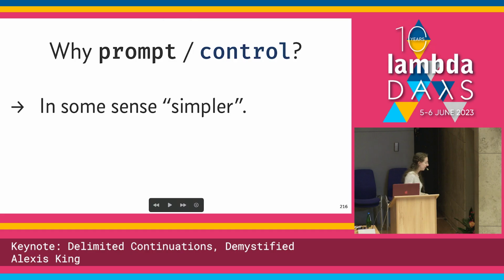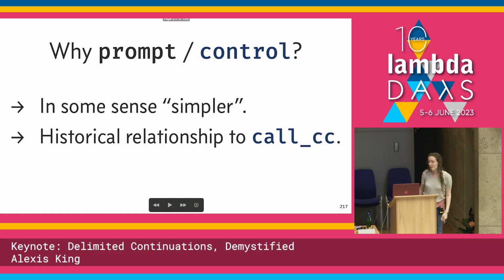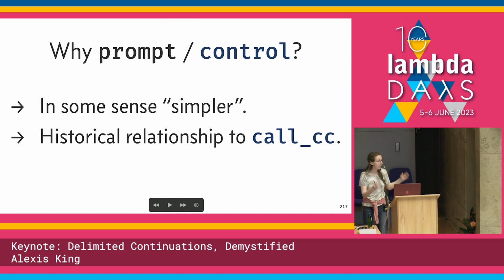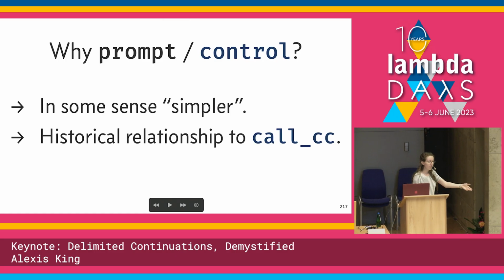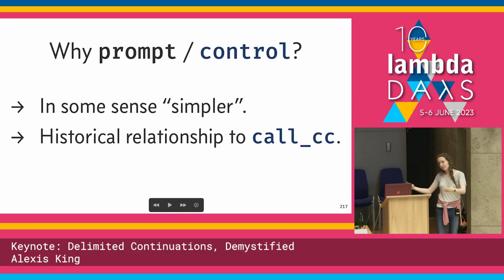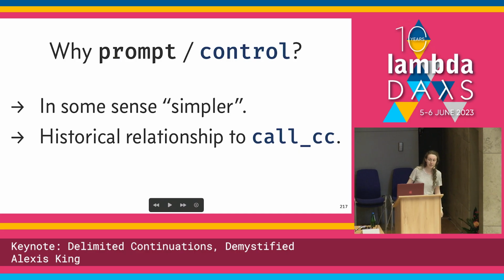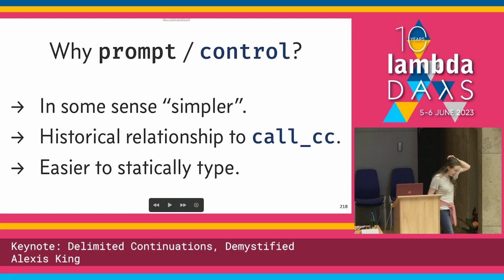So the first is that in some sense, prompt and control are simpler. Because you have to understand that these were being studied academically as this general control operator that can represent all these things. Because you can use this to implement exceptions. You can use this to implement coroutines. And so just having something that really distills that out was useful. But also there's the historical reason of call/cc takes a function to receive the continuation. Control takes a function to receive the continuation. But I think maybe the most compelling to a modern audience is that it turns out that